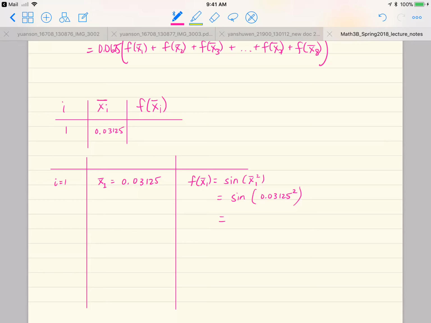Let's see here. I'm going to pause the video because I want to make sure that I am inputting radians. I've got to make sure that what I input into my calculator is radians and my calculator isn't set to degree mode. So what I'm going to do is stop now and put up the